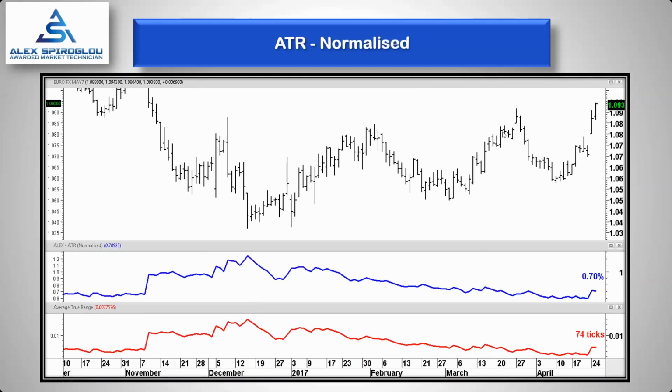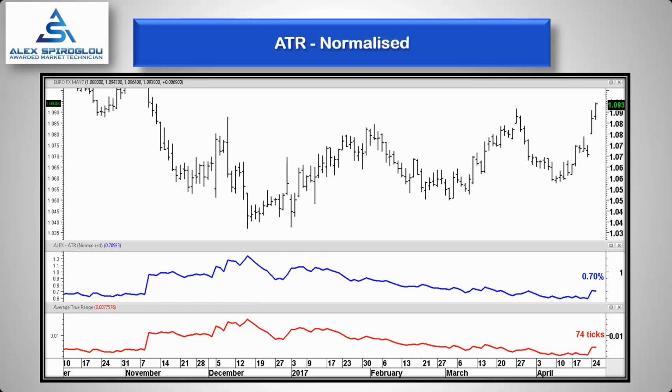So Euro FX, here it would appear that the 74 ticks translate into 0.7% fluctuation. And so both numbers are correct, but they give different information. So 74 ticks would answer, for example, if you want to put your stop further away than its average fluctuation, which is 74 ticks, and say, okay, I want to put it 1.5 times its volatility. That would be roughly 110 ticks. So if you want to put it at 110 ticks,